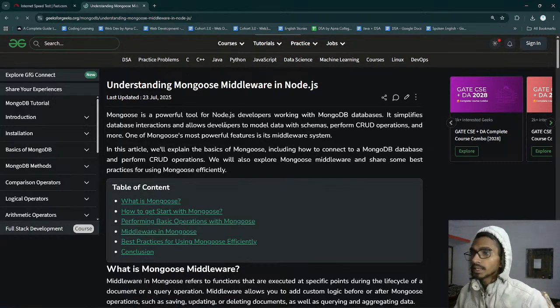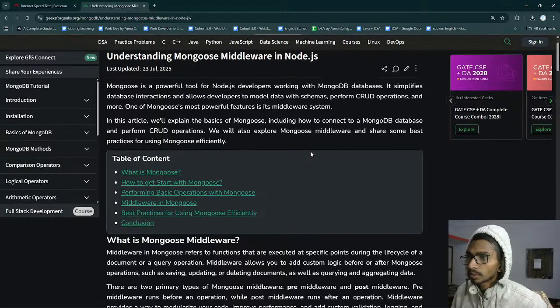Okay, so understanding Mongoose middleware in Node.js. Mongoose is a powerful tool for Node.js developers working with a MongoDB database. It simplifies data interactions and allows developers to model data with schemas, perform CRUD operations, and more. One of Mongoose's most powerful features is its middleware system. In this article, we'll explain the basics of Mongoose, including